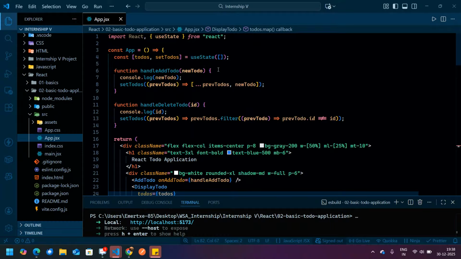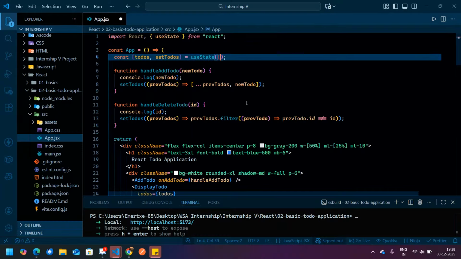Can I say that in the useState, this is the first thing that will appear inside our to-dos? Now it is an empty array. Can we write a callback function which will fetch the data from our local storage and show it over here? Yes, definitely you can do that inside your useState.